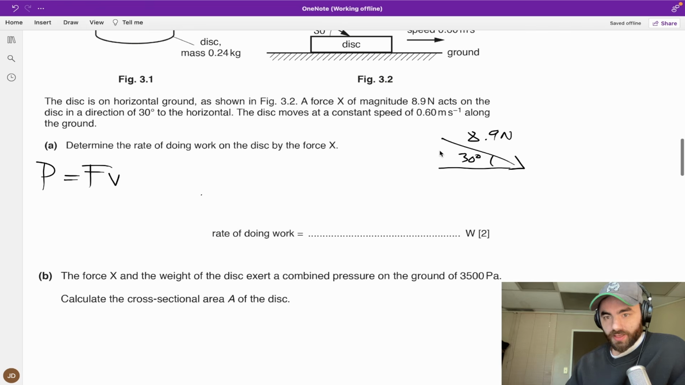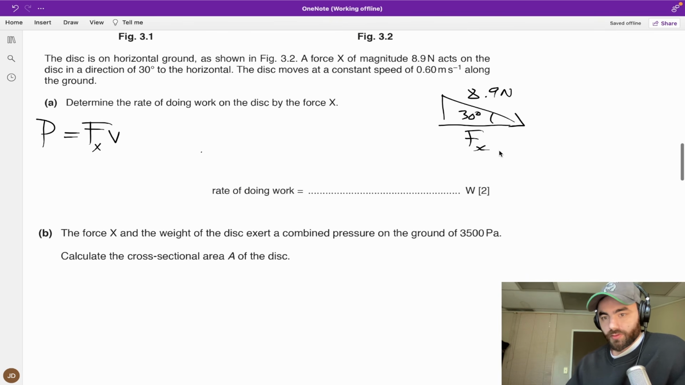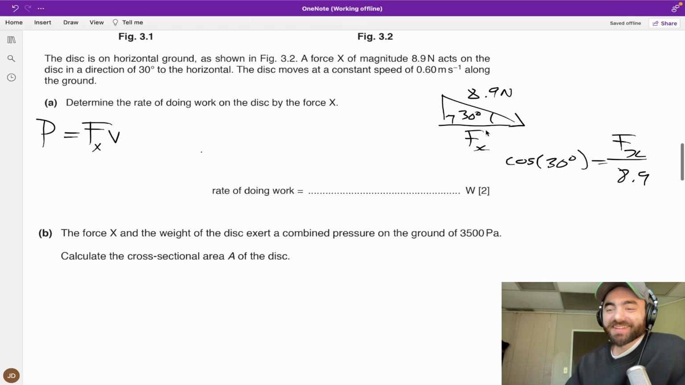And so it has a vertical and horizontal component. And this force here that we're interested in, let's call it Fx, is this, right? The horizontal component is acting in the same direction as the velocity, or the direction this disk is moving, right? So therefore, cos equals adjacent over hypotenuse, so Fx over 8.9. Okay, so Fx is equal to,